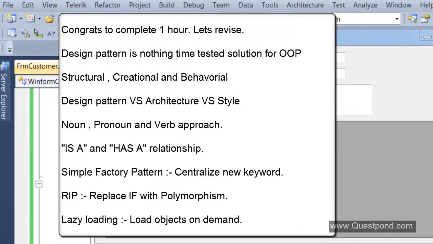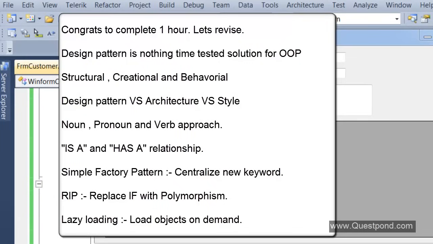One is the structural category, so at the time when we build our classes and write our entities, any problems that occur during that phase will be solved by using the structural design pattern category. Then there is a second category called creational pattern, which revolves around the new keyword. And then there is the behavioral pattern, which talks about the problems around the dynamic nature of objects.